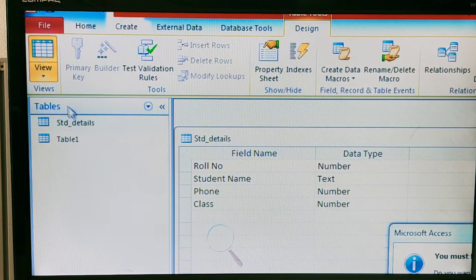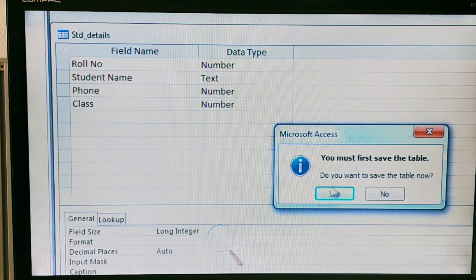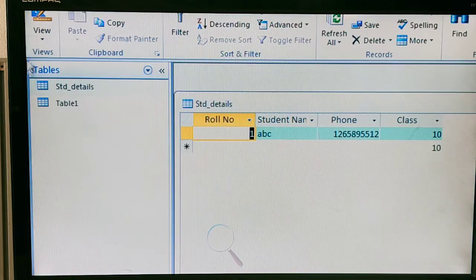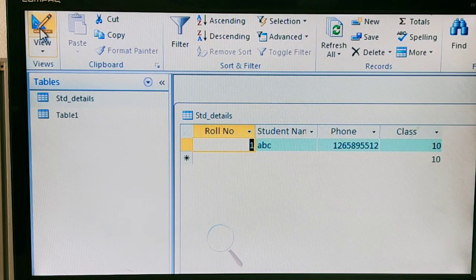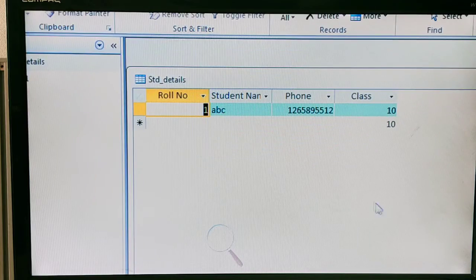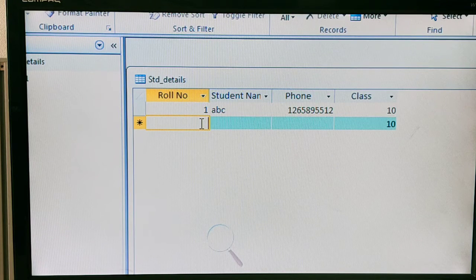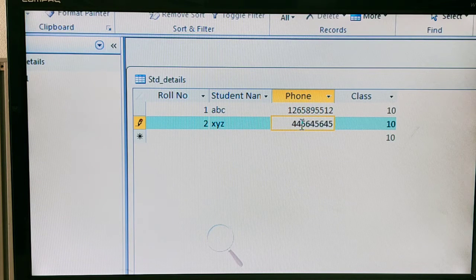Go to datasheet view. Yes, the table has been saved. You can observe here the class already has the number 10. Now I will enter roll number 2, and the student name is XYZ. Phone number I will enter something.